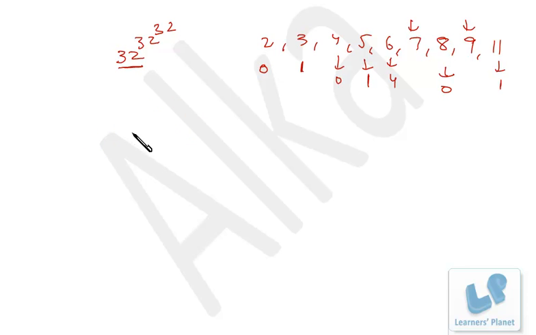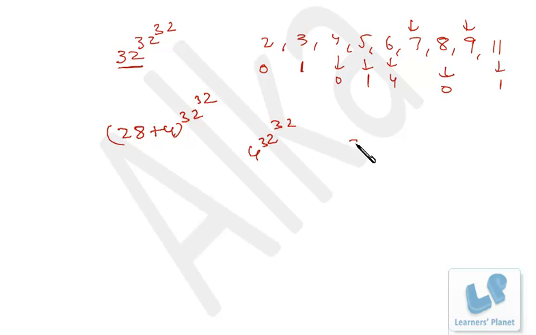Now this 32 can be written as 28 plus 4, raised to 32 raised to 32. So the remainder while divided by 7 will be 4 raised to 32 raised to 32. Now see friends, in the power of 4 we have the number 64, that is 4 cube, right? And 64 is 1 plus 63, that is a multiple of 7, right? So what should we do? We should try to convert this number into a power of 64. Now how do we do that? See, 4 cube is 64.